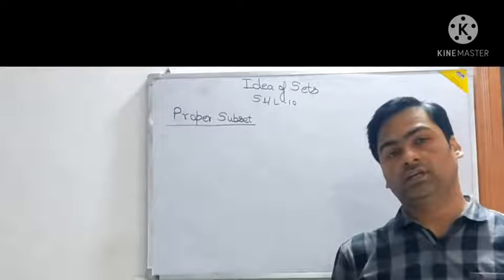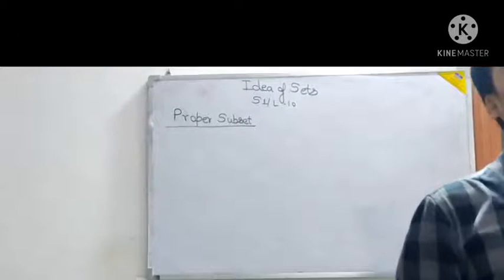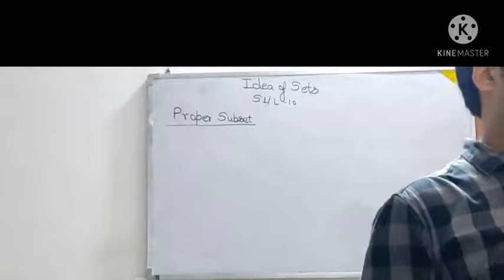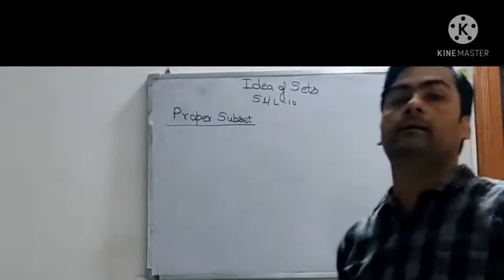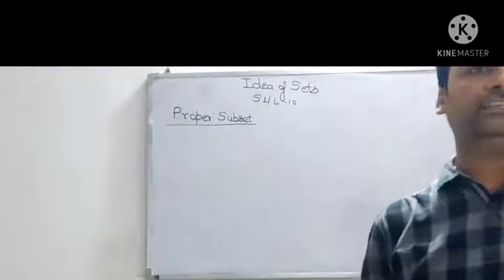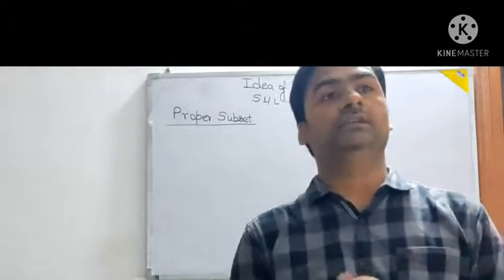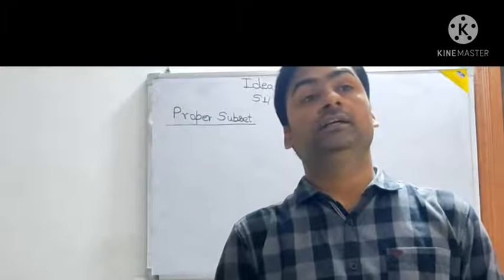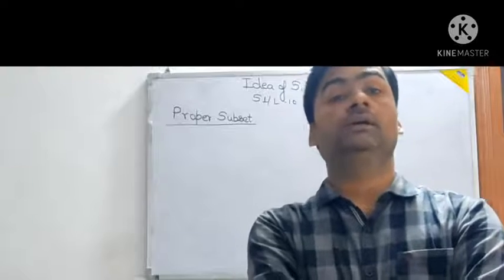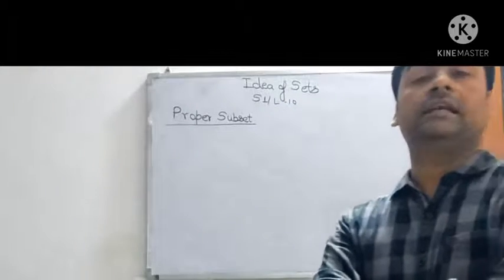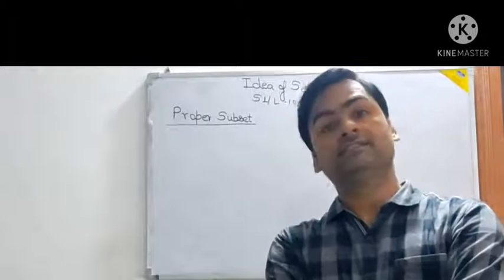So children, welcome to another class of mathematics. Already we had started about subsets. I had also told you in yesterday's class what a subset is, and I had explained how many subsets there are. I had also given two notes that you should have written in your copy: that phi, the null set, is a subset of every set.